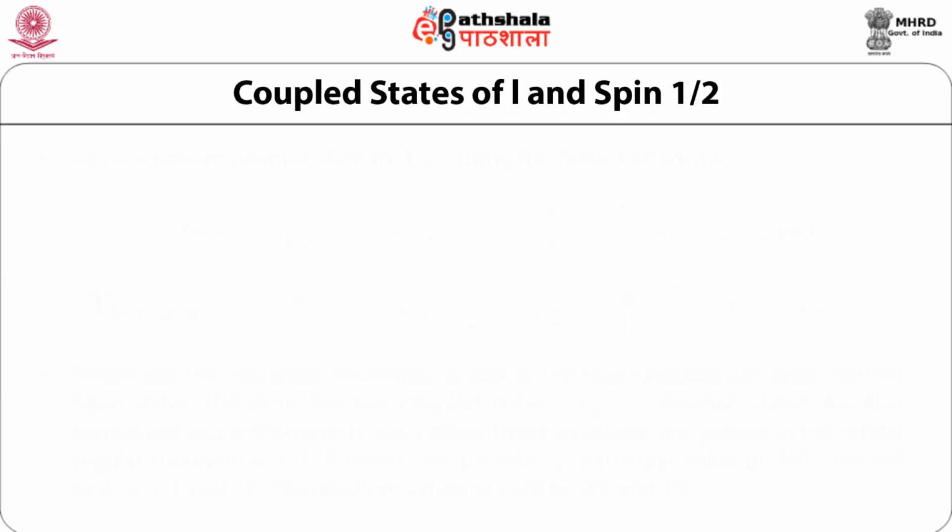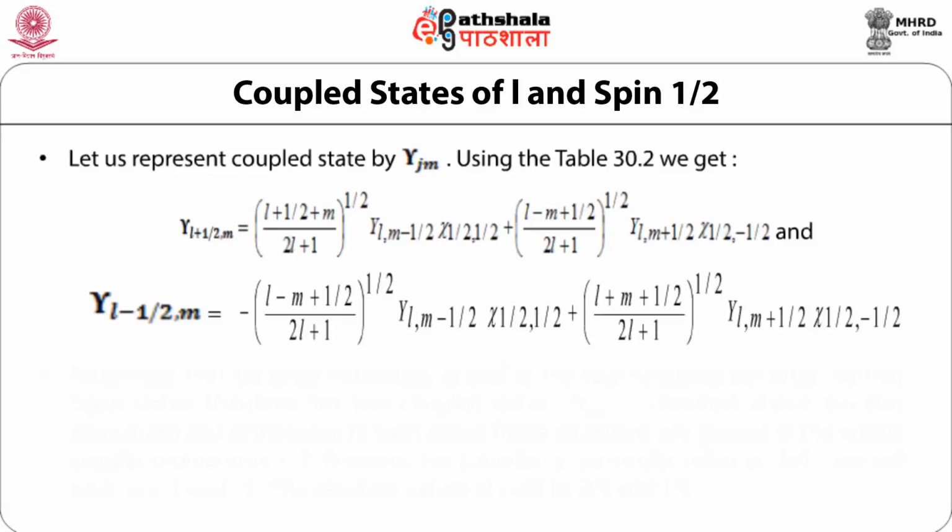The allowed values of the total angular momentum J will be modulus of L minus half and modulus of L plus half, and of M equal to ml plus minus half, coupled states of L and spin half. Now let us represent the coupled state by the spherical harmonic Y_JM,